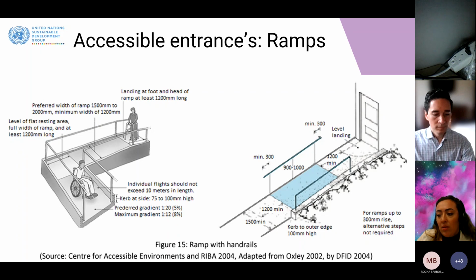So we have to make sure that the surfaces are smooth, but at the same time slip resistant. Also, they have to be covered or protected from the different weather elements, for example the rain, because the rain can make the floor slippery, and this can cause injuries and accidents to persons with disabilities.